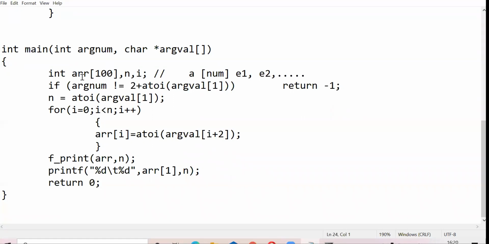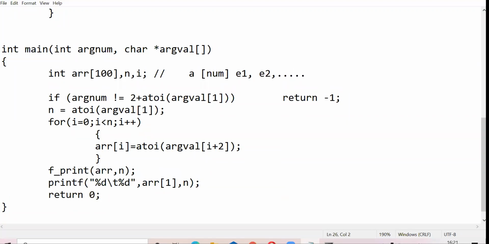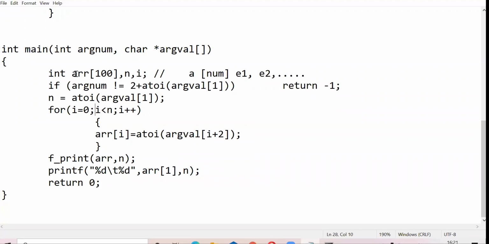So what happens to this array when I declare it over here, ARR 100? It creates an array in memory, and what are the initial values of all the elements there? I'm definitely setting the values of n elements over here, which are given by the user. But this array is actually of 100 elements, so all your remaining values will be 0. Now assume that a new student comes to this class. This was a class which had some n students, and I was holding, let's say, their marks or roll numbers. Now a new student comes into this class and I want to add his marks.